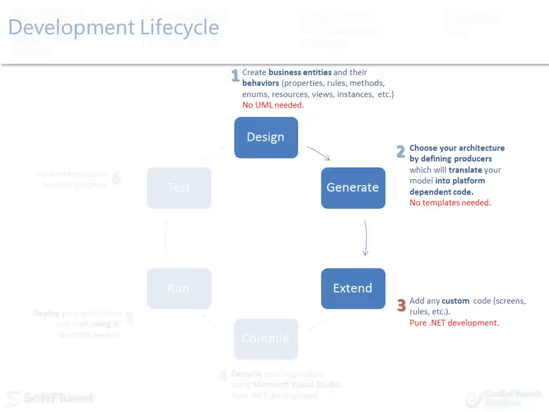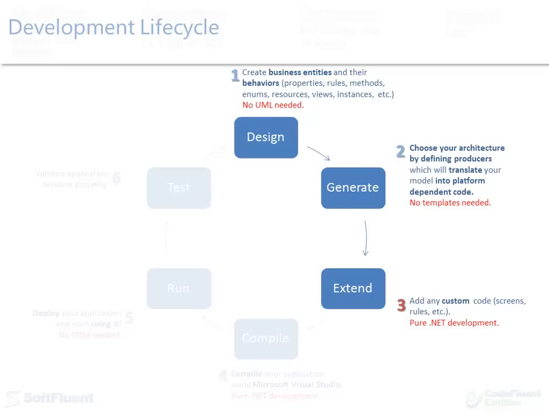I'd also like to emphasize that all handmade extensions, such as partial classes, won't get overwritten on the next generation. And this is also true in the database as well. CodeFluent Entities provides a diff engine which updates the database at each generation instead of dropping everything and recreating everything over. By updating, I mean that it will rename a column if you rename the property,